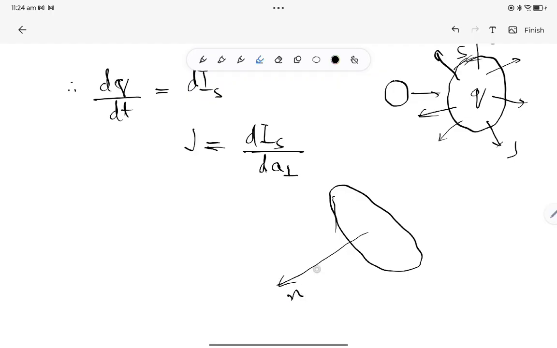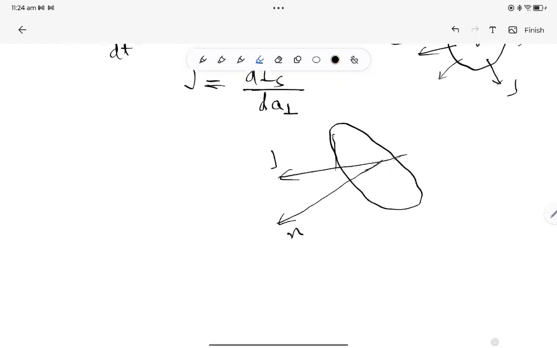Let it be the orientation of this area, and current density is directed this way, horizontal, and this is inclined. Now this is current density J. This is the orientation of the surface. Area is a vector